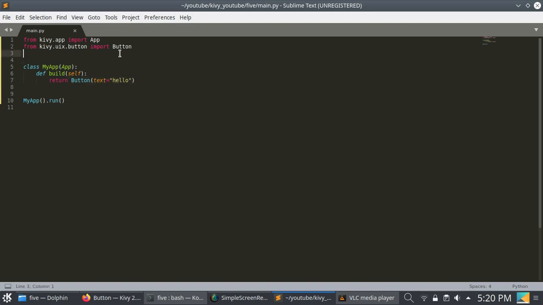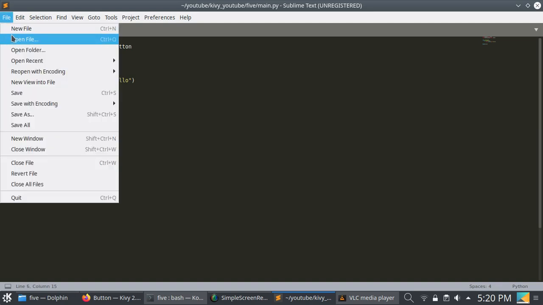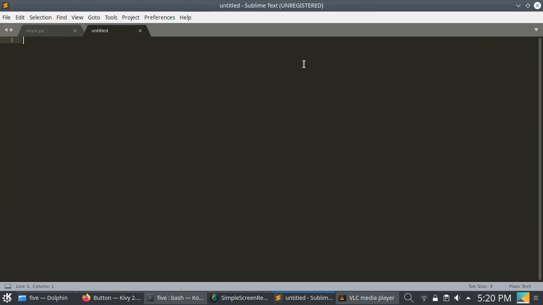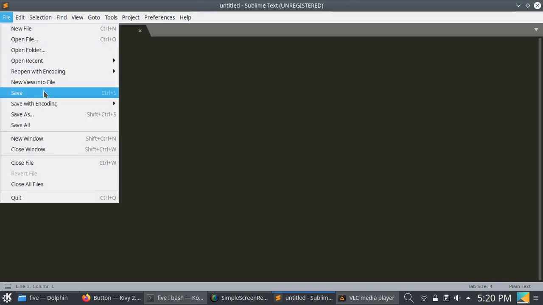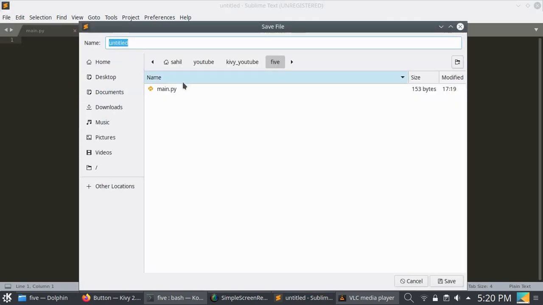Now to define all the classes, we have to use a Kivy file. So you have to just create a new file and save it